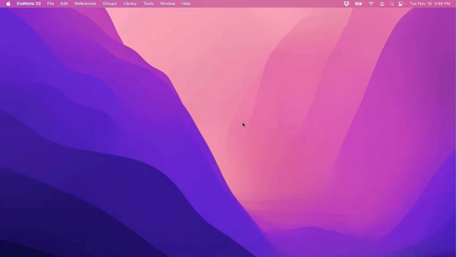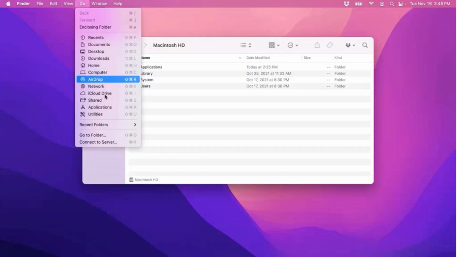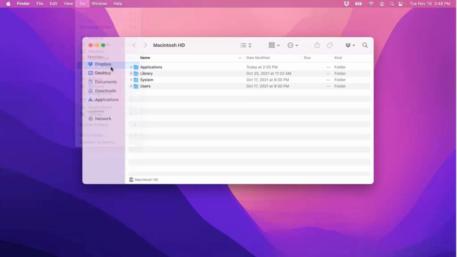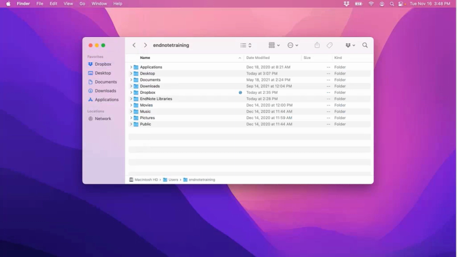Oh, actually, it looks like I've got a permission issue here. It looks like I need to actually manually delete that library file. Give me just one moment here. I'm just going to navigate back to EndNote Libraries. Okay, oh, no, that looks empty here. Oh, okay, I see. I'm sorry. I went to my alternate. I've got 2 user accounts here, and I actually went to the wrong one when we created the library. So let me just try that one more time.